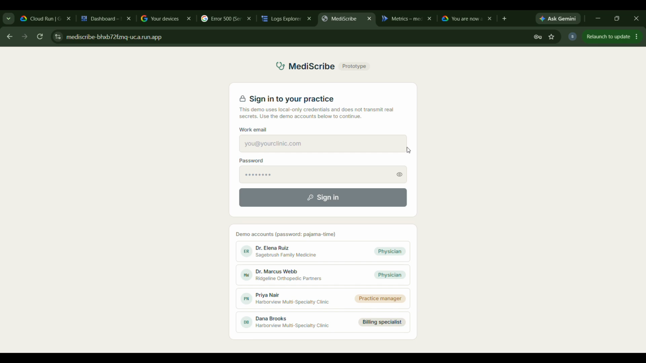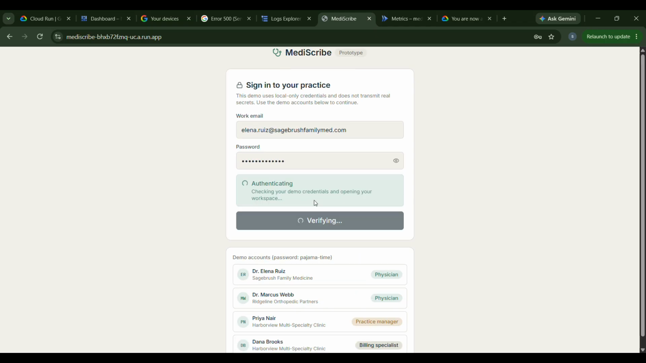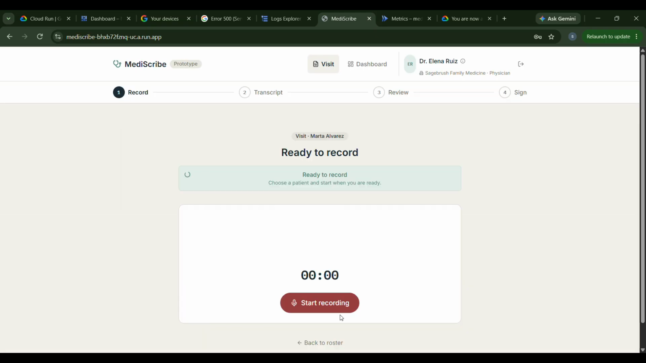So this is all about my application that I have been developing. I'm trying to add more features in the future and deploy it into Cloud Run. So once it is done, I can build my application and deploy it. Thank you so much. So this is the login screen. I can log in as a physician,